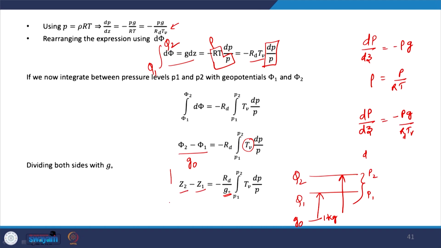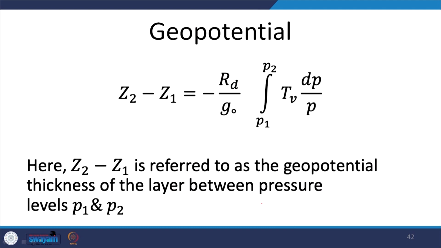Right. So, we take this equation forward. The difference of geopotentials between two pressure surfaces P1 and P2 is Z2 minus Z1 equals minus Rd by g naught, integral from P1 to P2 of Tv times dP over P. Z2 minus Z1 is defined as the geopotential thickness of a layer between pressure surfaces